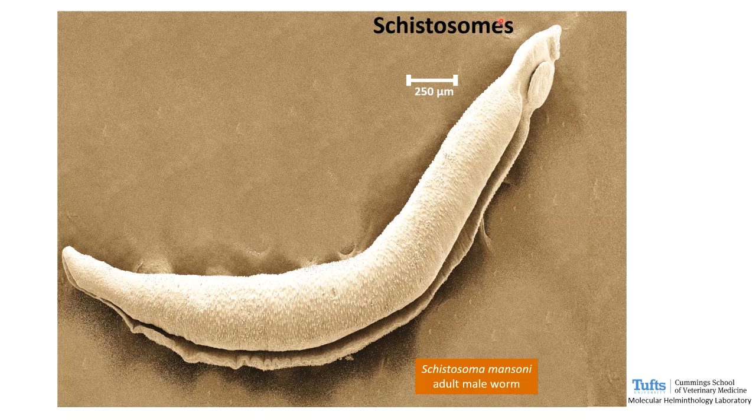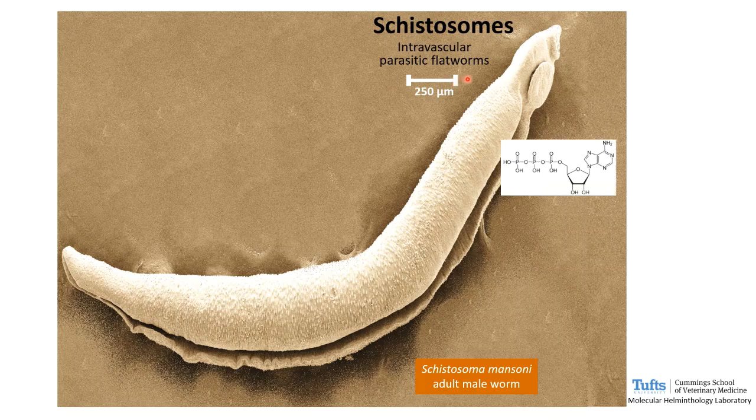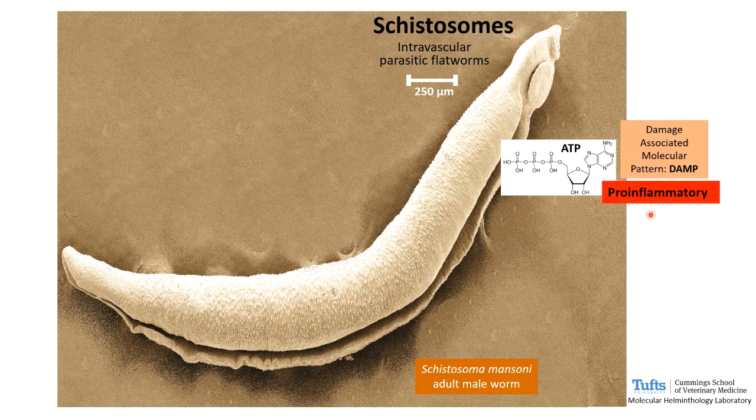Hello, I'd like to talk to you about schistosomes, which are intravascular parasitic flatworms, and in particular how they deal with host purinergic signaling molecules like ATP. In the extracellular environment, ATP can act as a DAMP, a damage-associated molecular pattern released by stressed and damaged cells, and it is pro-inflammatory. The worms have enzymes on their surface that can cleave ATP, and one of them is